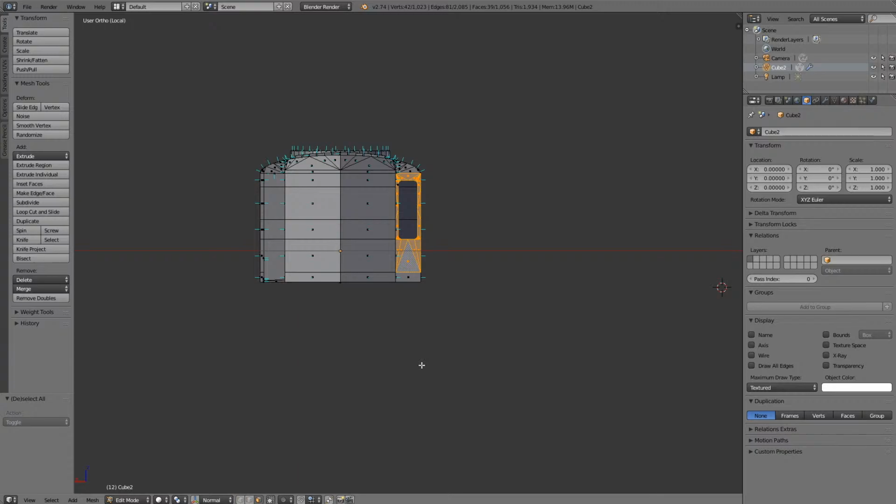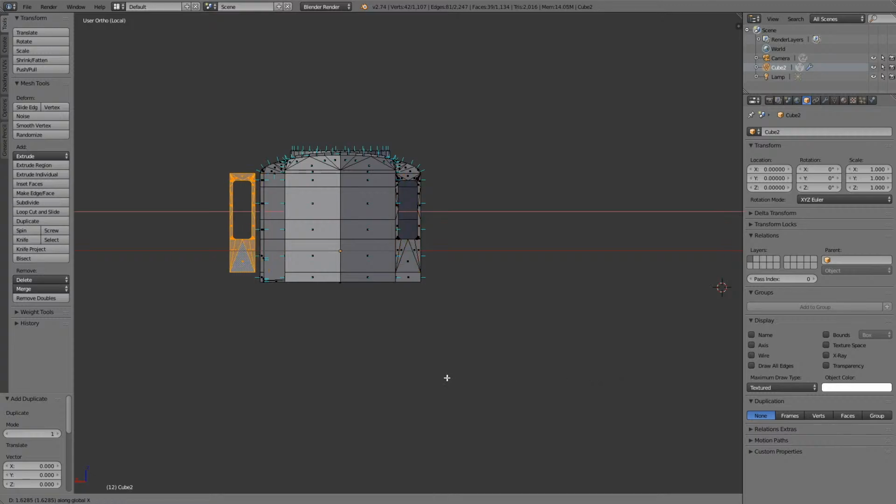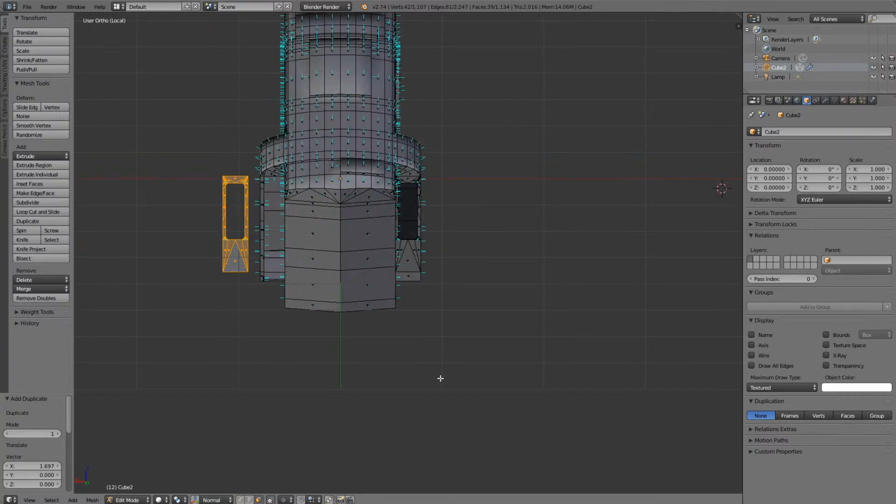Now I'm going to go to duplicate, which was Shift D. Shift D. Drag it over. Probably no. Control Z. Shift D on the X-axis. I don't know why I did that. Anyways,